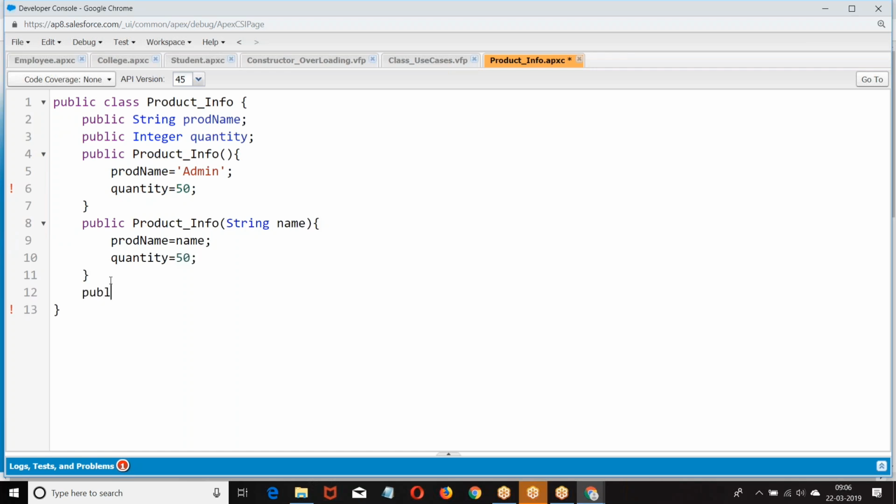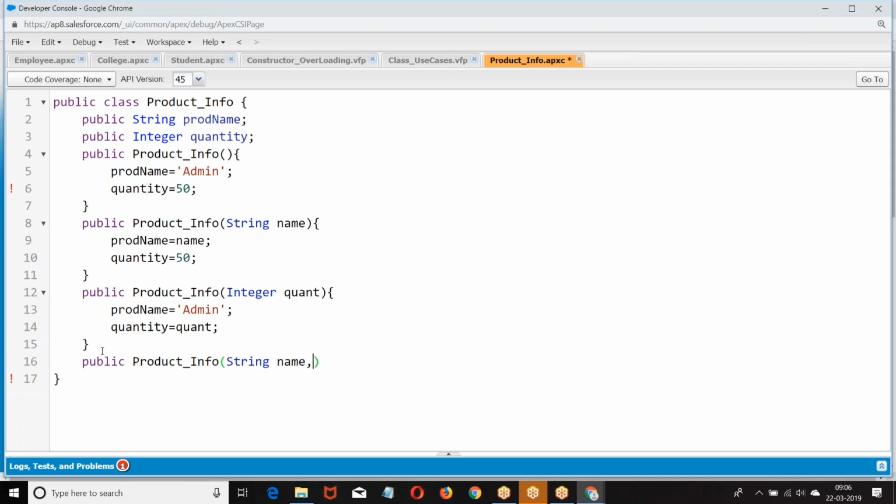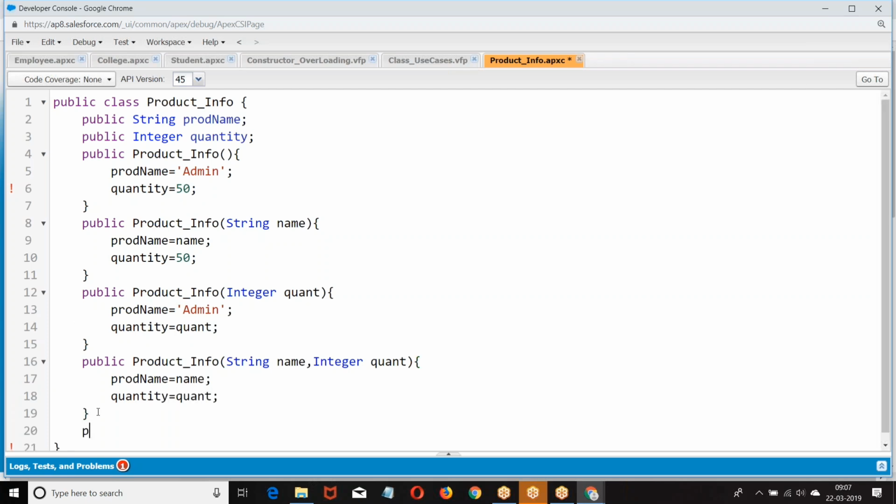In case you are giving quantity, equal to quant. If you are giving both of them, now if you are giving both of them, integer. I told you clearly, boss,